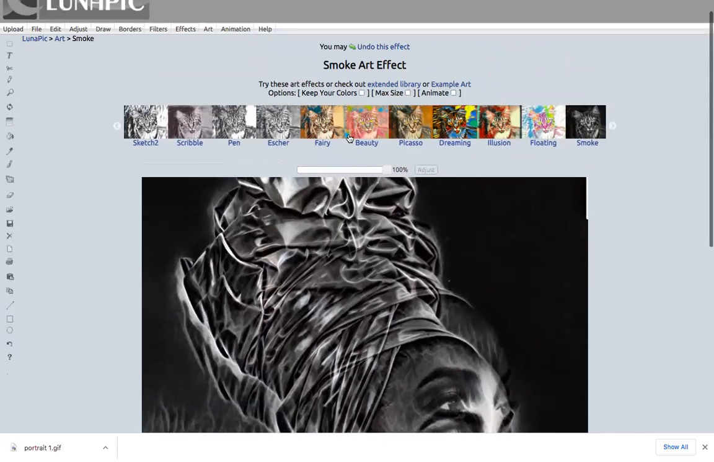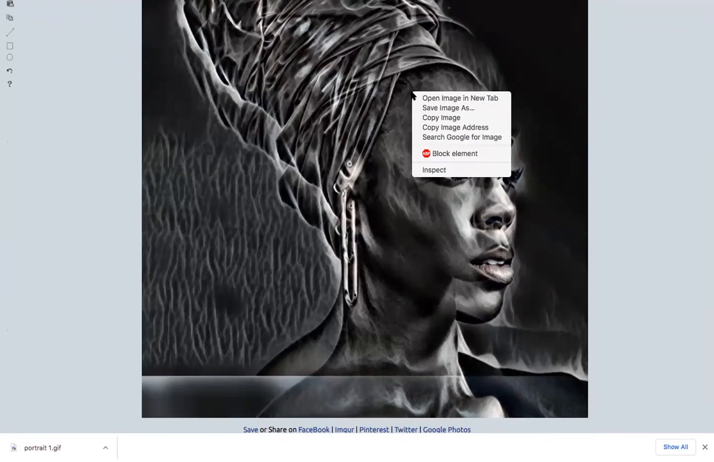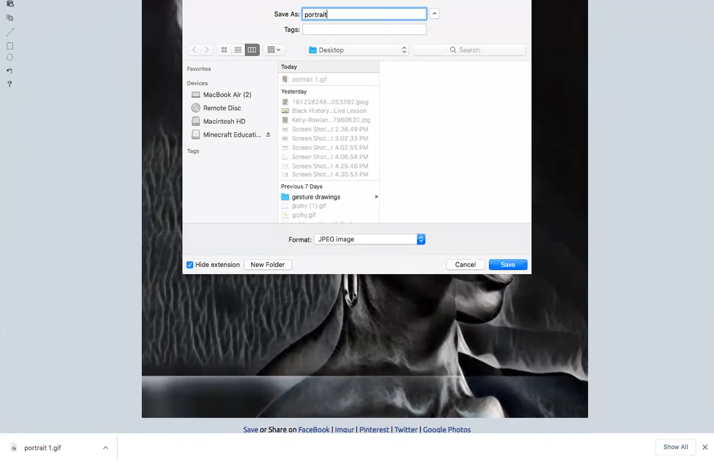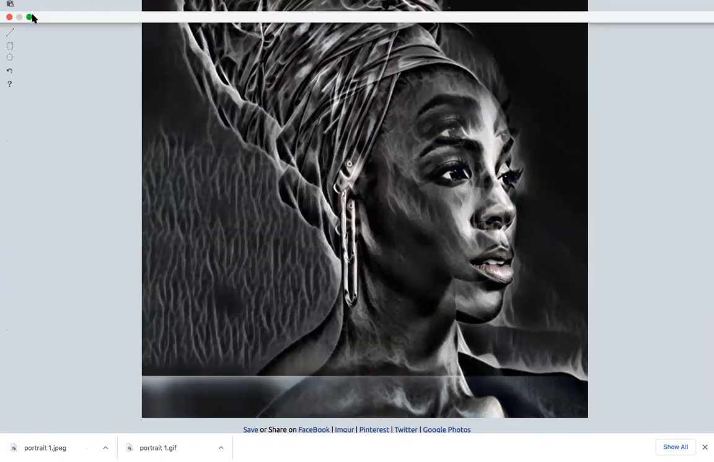Okay, so I'm going to leave it like this. And what I'm going to do is just right click the image, save it, name it Portrait 1. Okay, and then I'm going to go to,